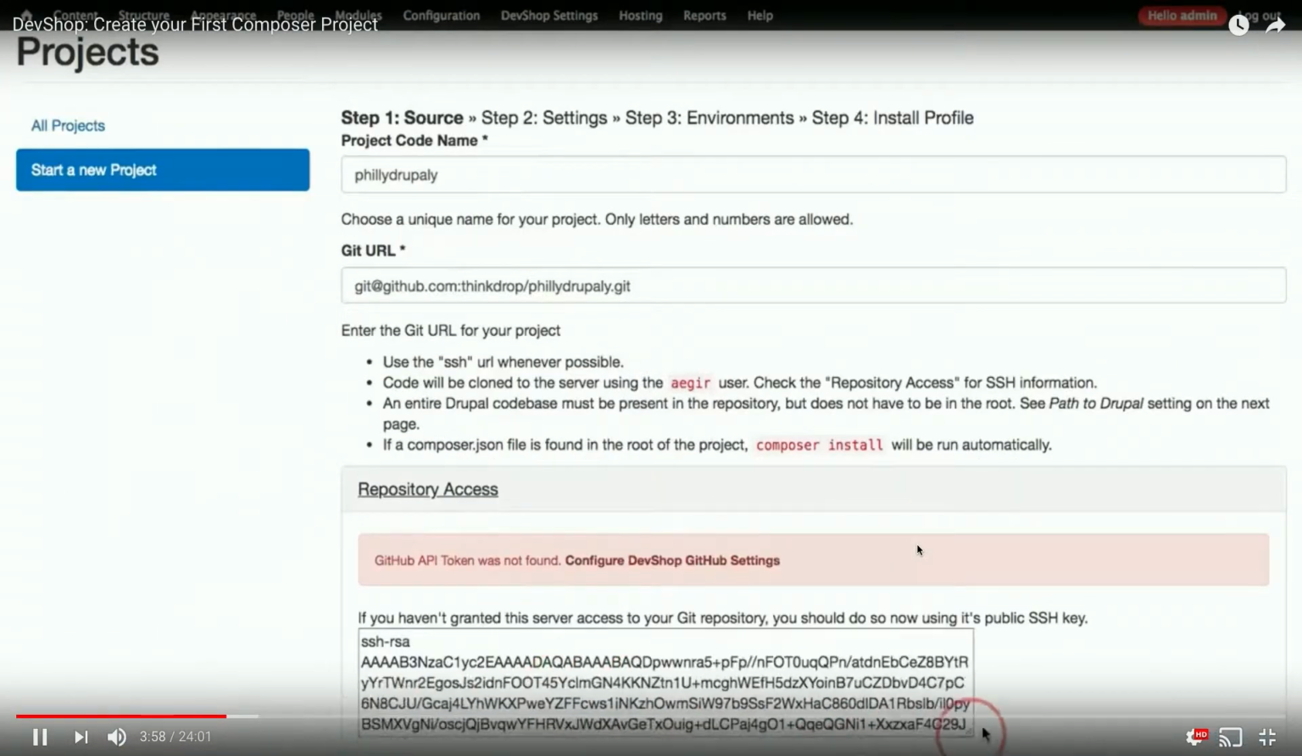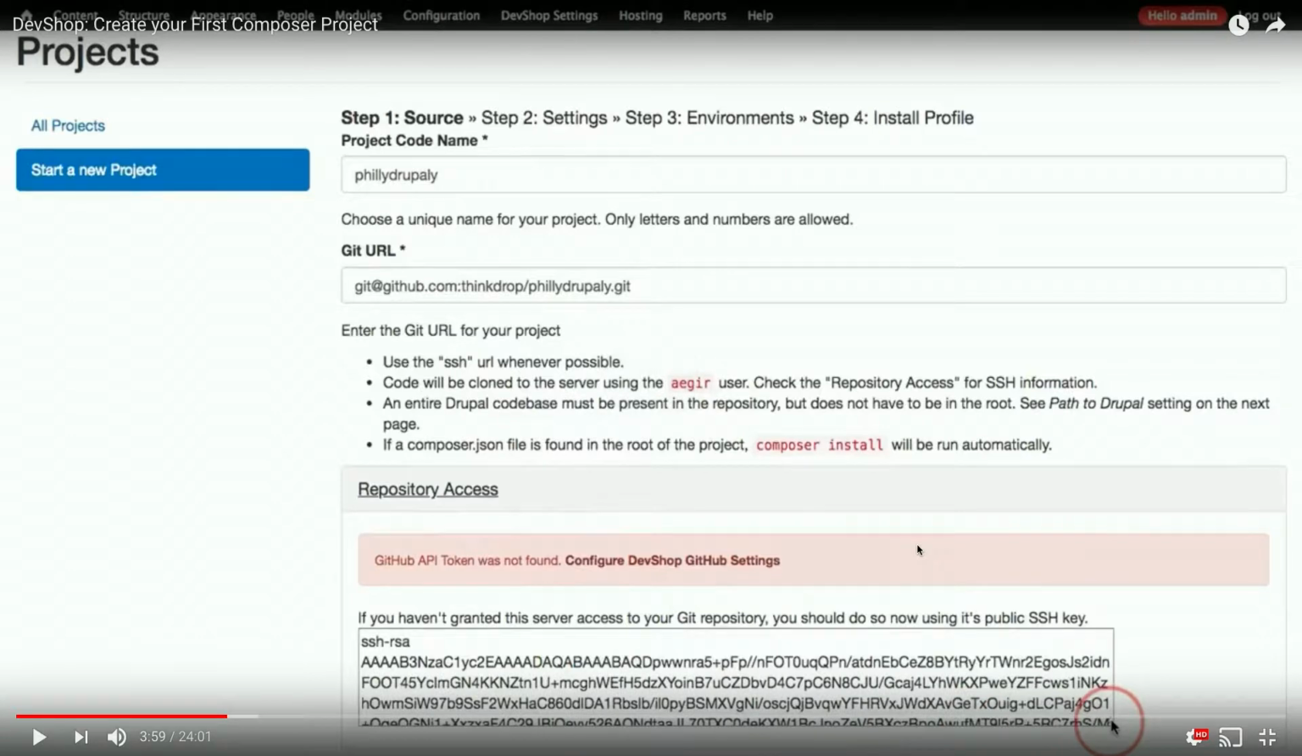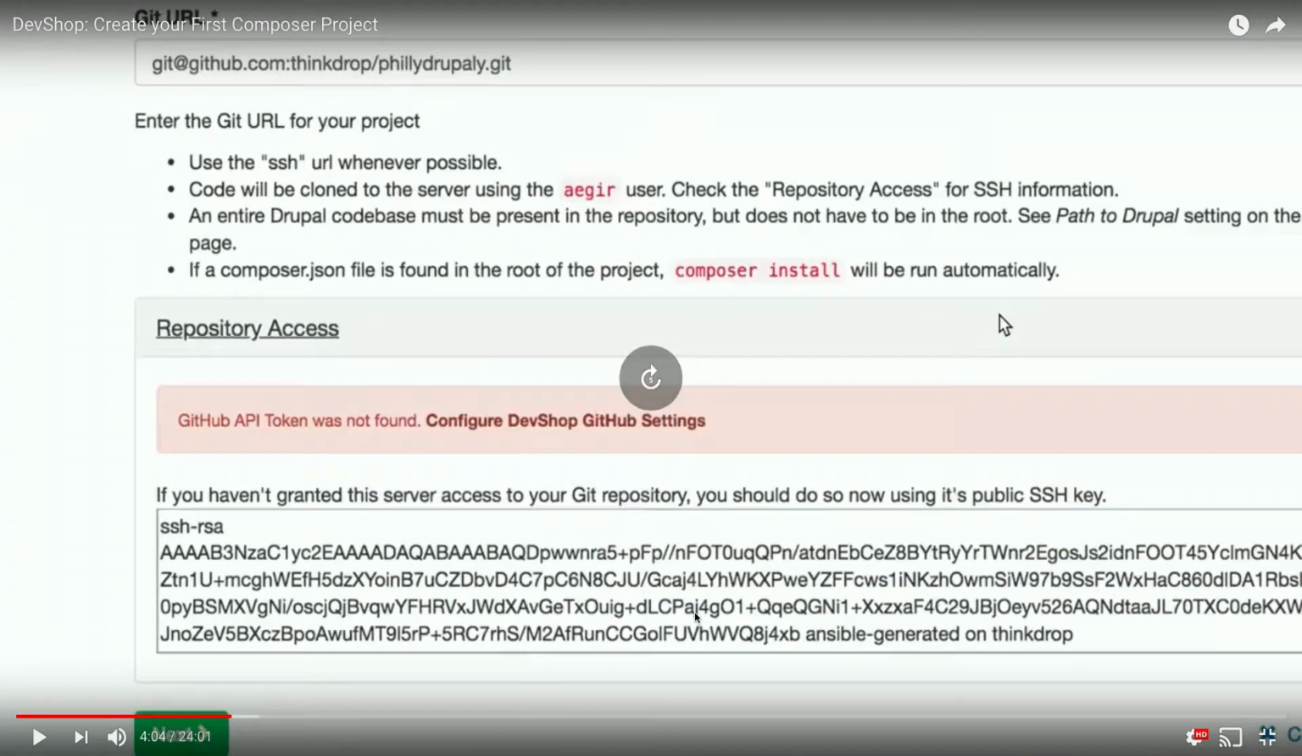I'm not going to walk through the SSH key setup, but we try to make it as convenient as possible for you to figure out what's going on. So this install script actually generates a new SSH key on the server, puts it in a variable so we can display it to you here. It says if you haven't granted the server access to your Git repository, you can do that now. Just copy and paste it into your GitHub account,